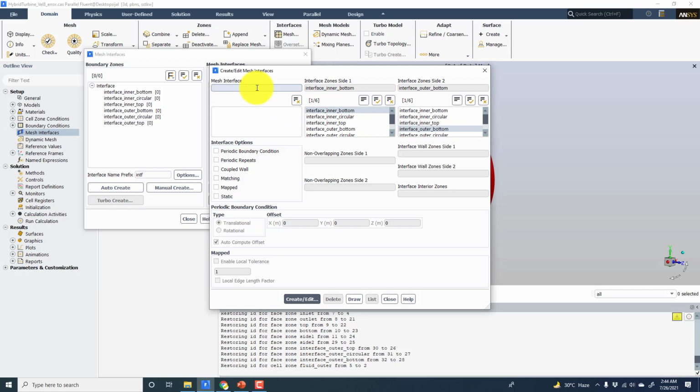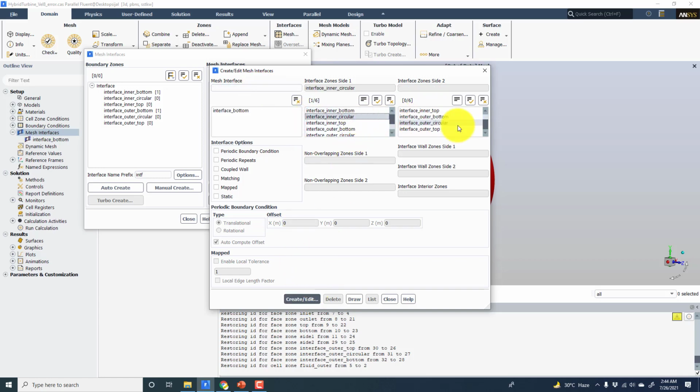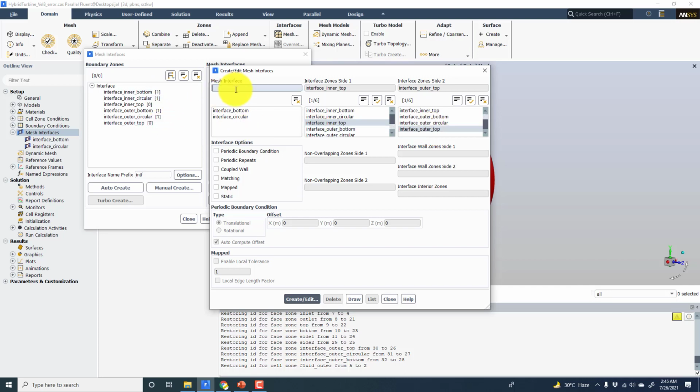I will be putting in names which I can remember easily: interface bottom, and then interface circular, which is around the periphery of the domain. These names may seem funny to you, but this is how I can remember them. And then the interface on the top side, interface top.